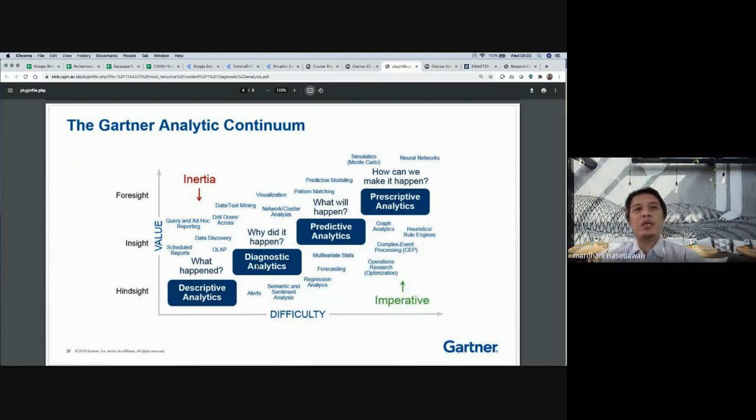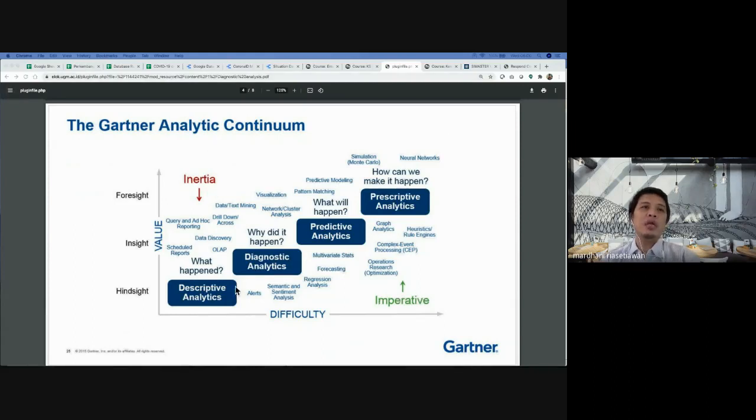For example, in this case we use descriptive analytics first and then go to diagnostic analytics. Sometimes we start with diagnostic analytics first, and then go to descriptive analytics. You can see here we have two kinds of methods that we can use: the first is inertia, and the second is imperative.